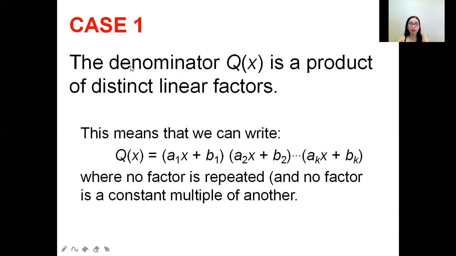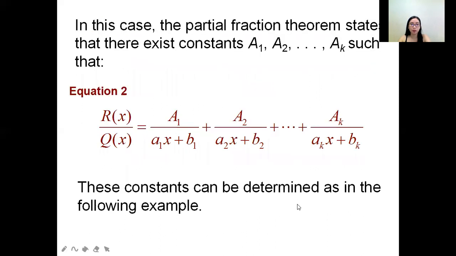So for case 1, the denominator q of x is a product of distinct linear factors, which means that we can write q of x is equal to a sub 1 x plus b sub 1, and so on and so forth, where no factor is repeated and no factor is a constant multiple of another. So in this case, the partial fraction theorem states that there exist a sub 1 to a sub k such that,